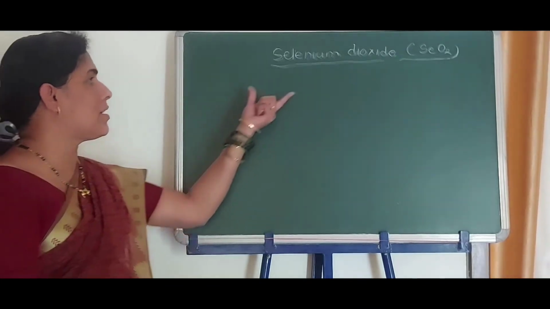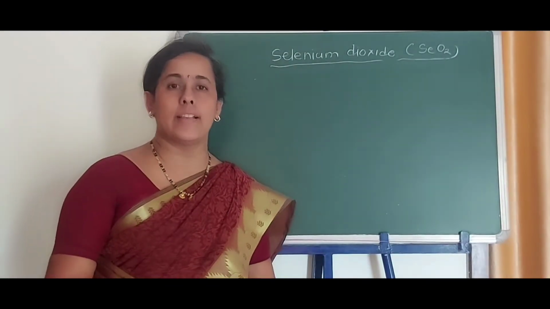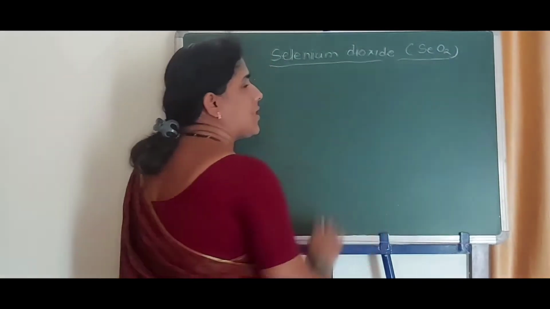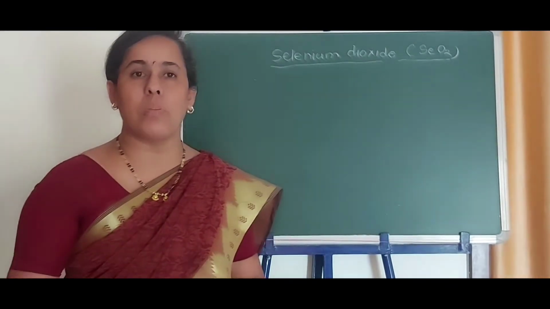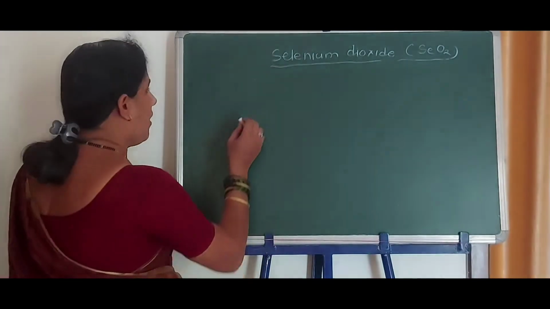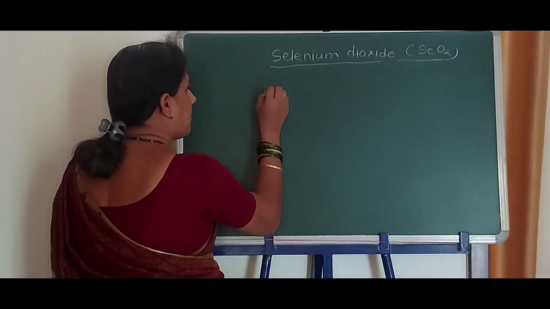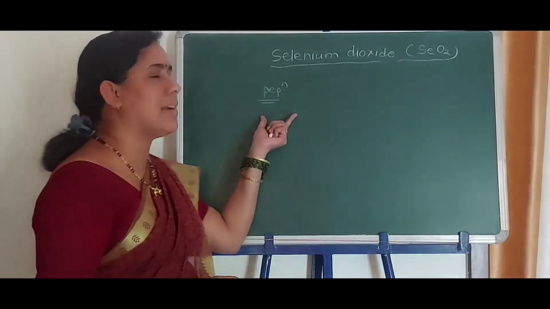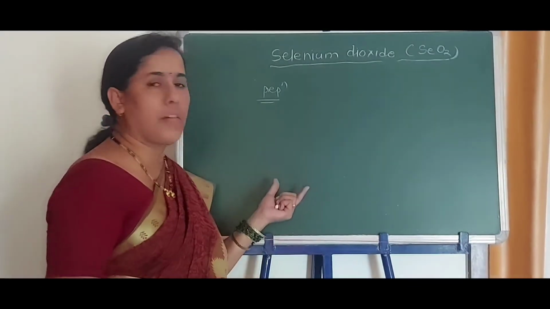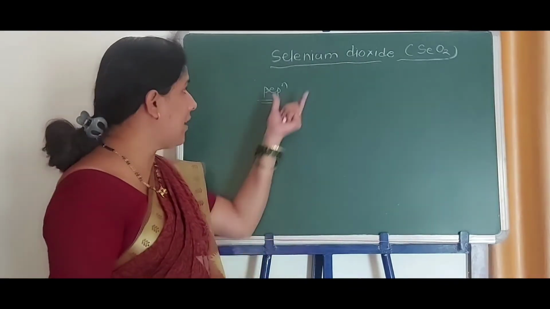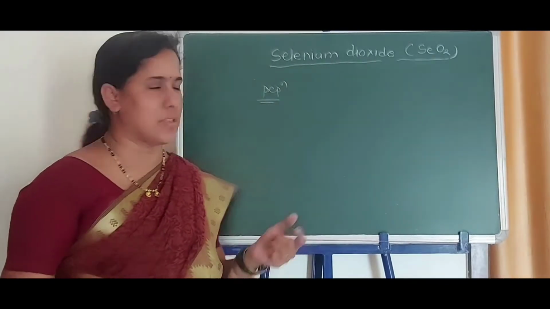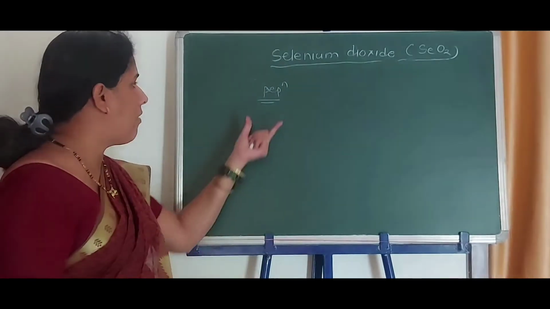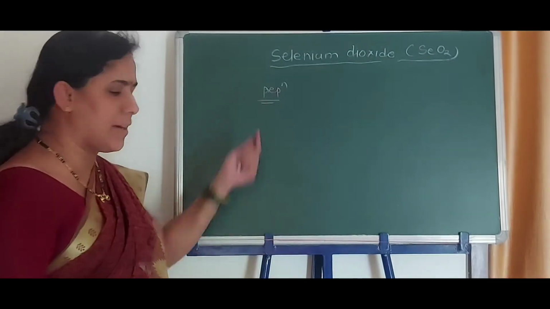Today we are going to discuss the next reagent called selenium dioxide. The formula for selenium dioxide is SeO2. In this lecture we are going to discuss first of all its preparation. The next point, which is important from the exam point of view, is its applications. Totally, selenium dioxide has 4 applications. One by one we will see them. So let us start here.